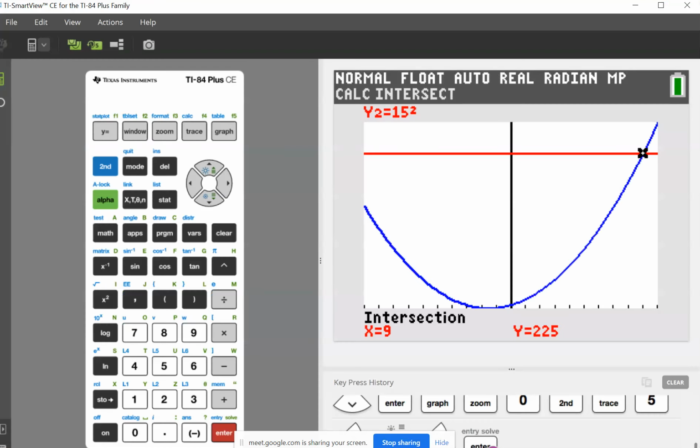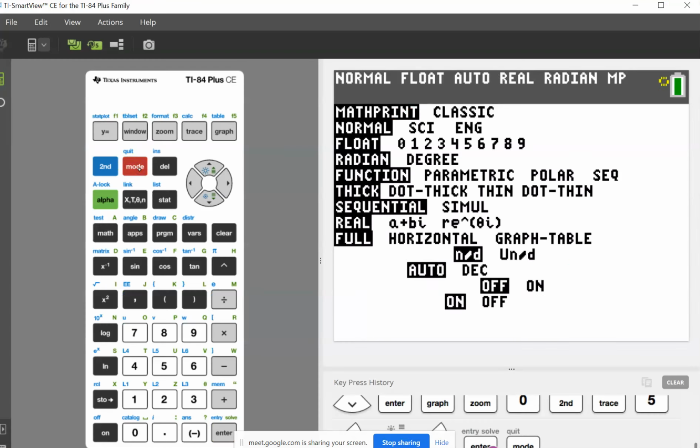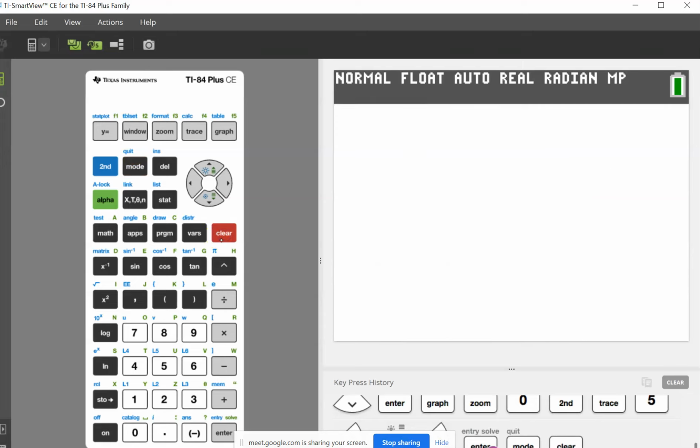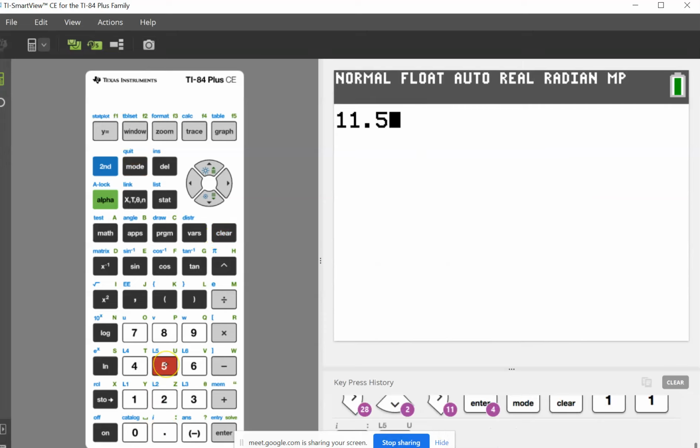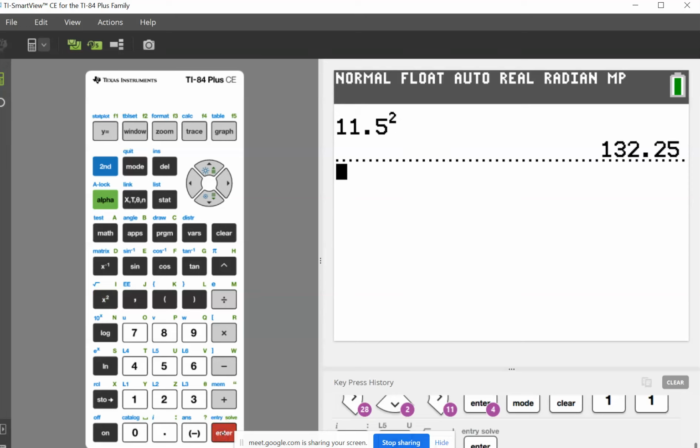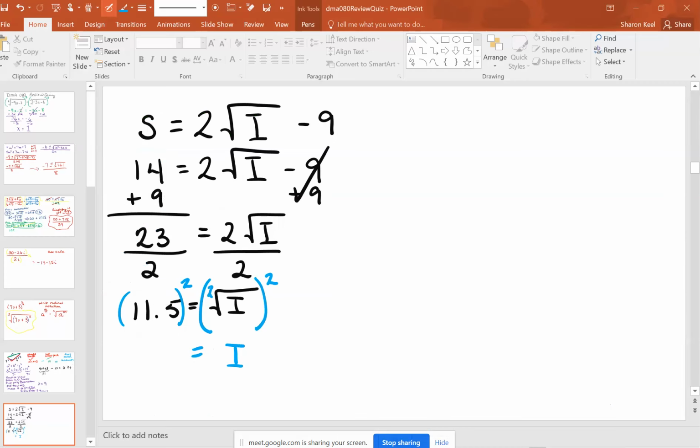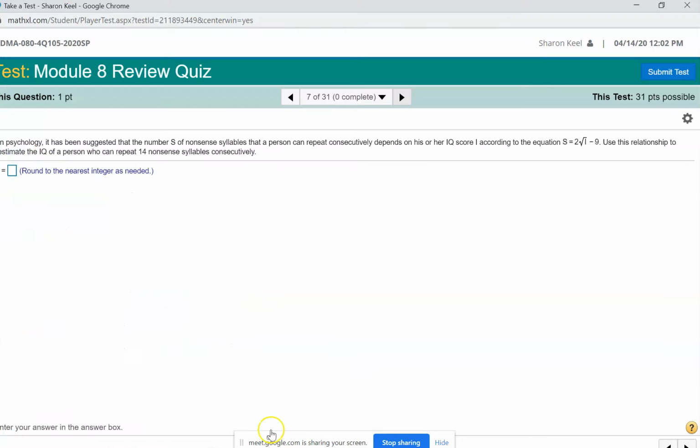So you're going to use your calculator. And we're going to do 11.5, and we're going to square it. And that's going to give us 132.25. And if I come back to the problem, it tells me in parentheses, round to the nearest integer as